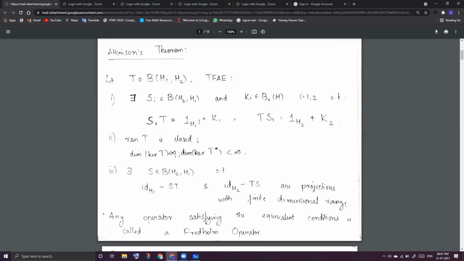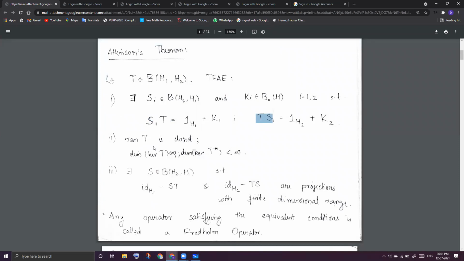What I'm trying to say is that S1T is the identity operator of H1 up to a perturbation by the compact operator K1, and this should have been H2 actually. So TS2 is equal to the identity of H2 plus K2,